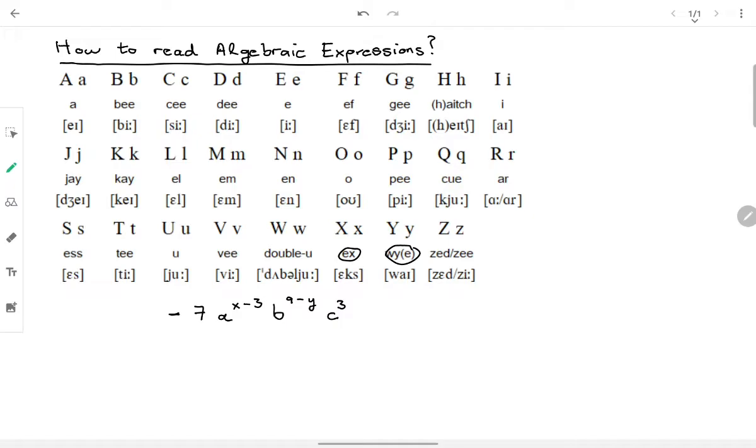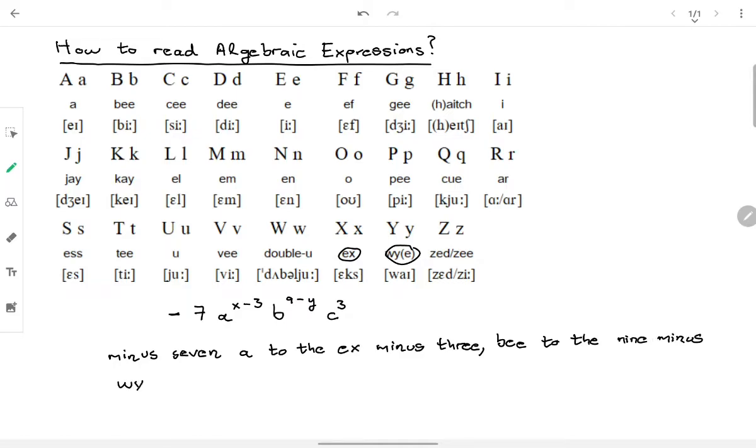So in this exercise, we have a more complex term, but it's very similar. We will start with minus 7 A to the x minus 3, comma, b to the 9, minus